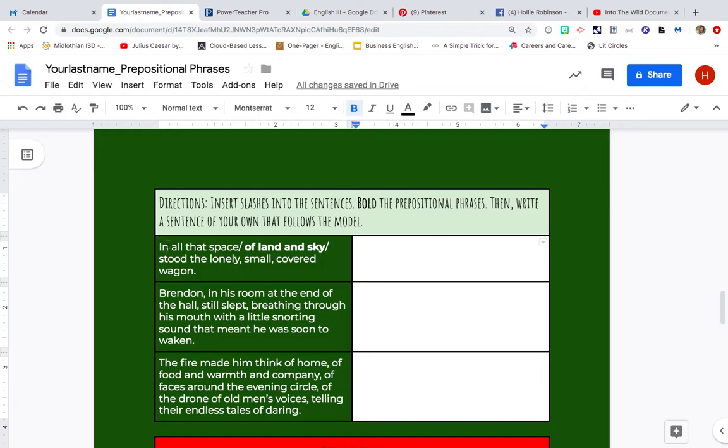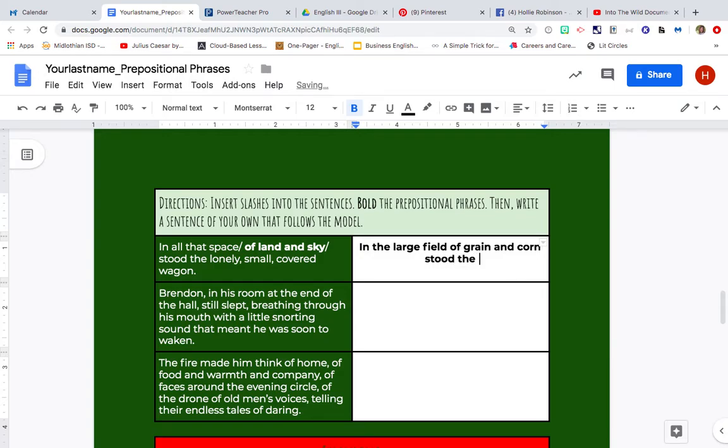So let's see, what could I put? I could put: in the large field, no comma, in the large field of grain and corn